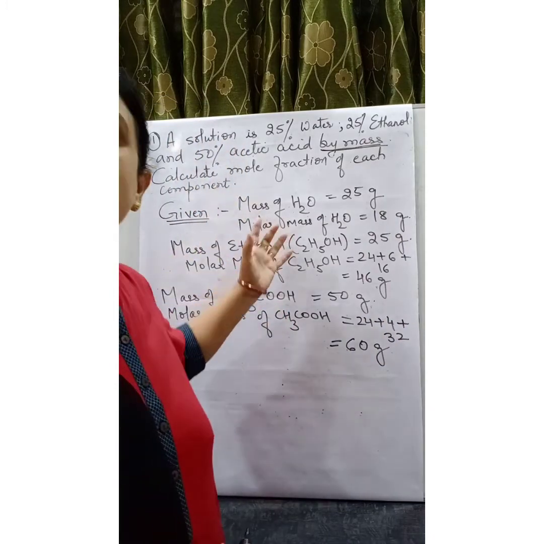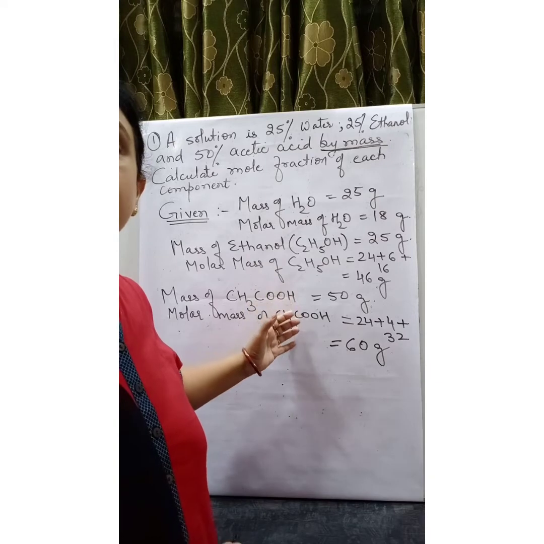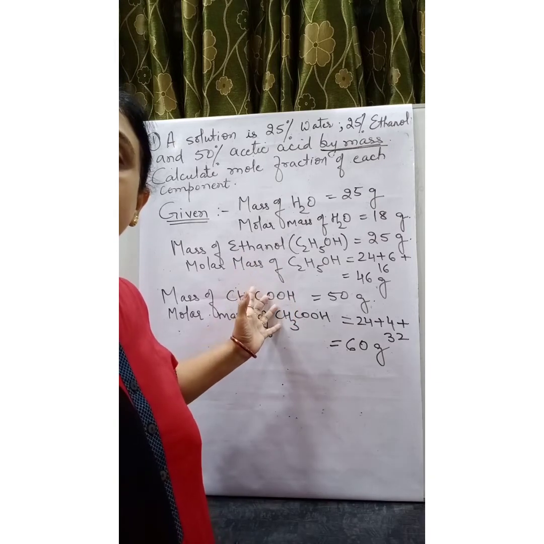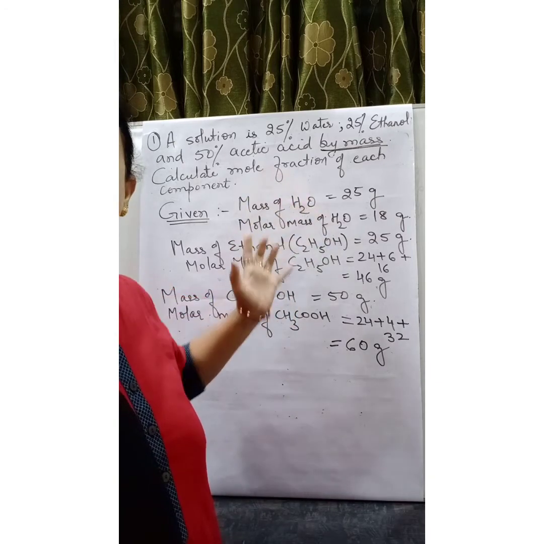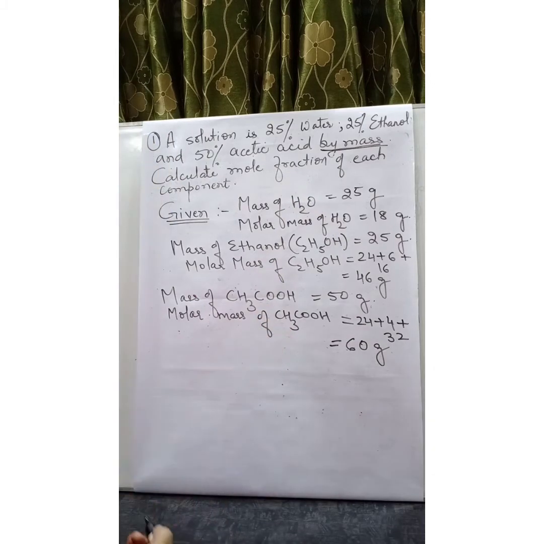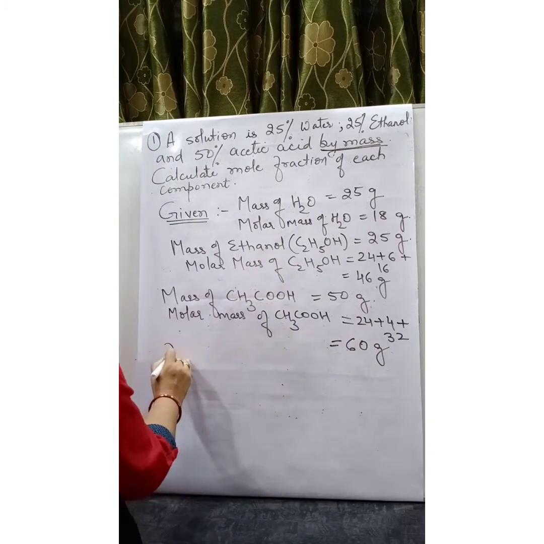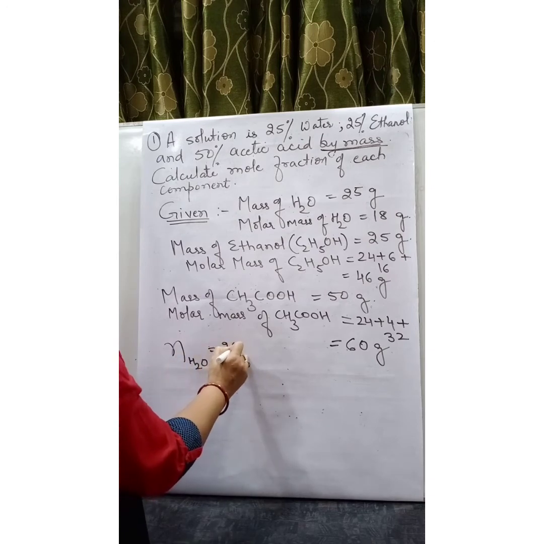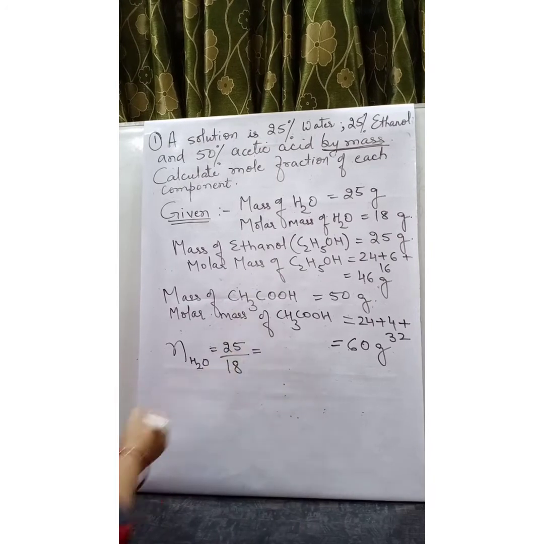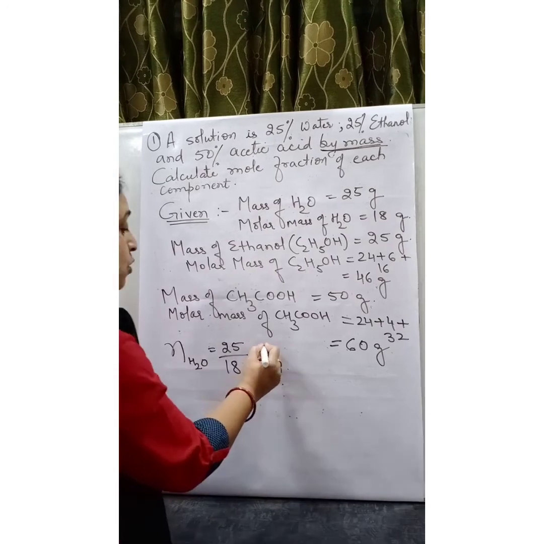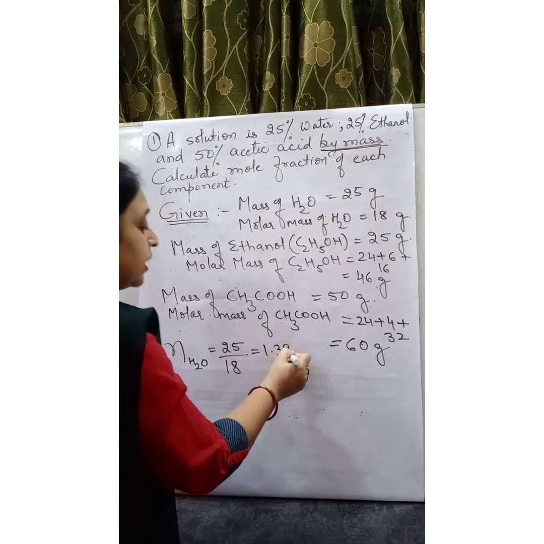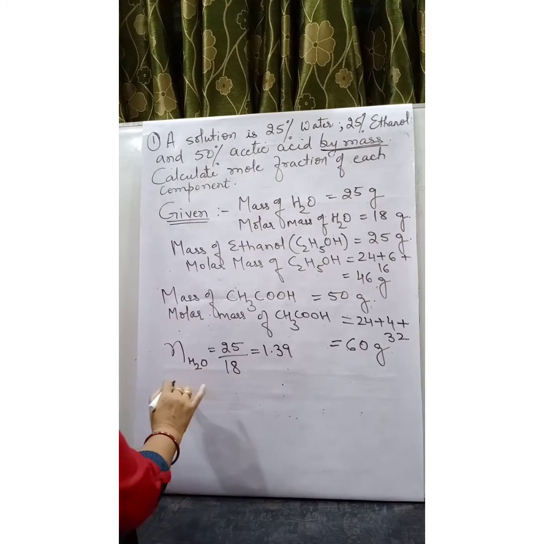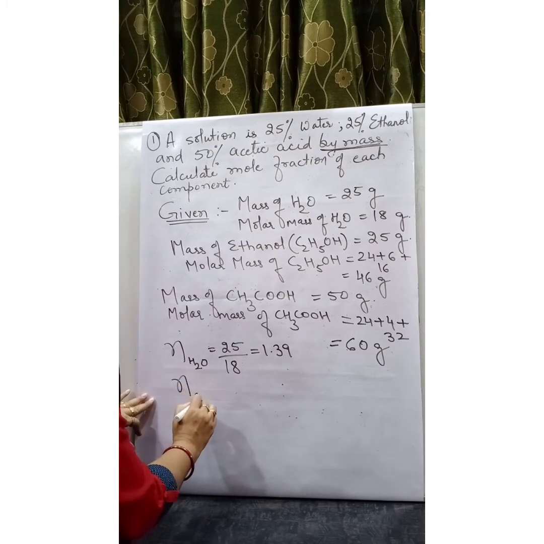Now for mole fraction, we require the number of moles. How to calculate the number of moles? Given mass upon molar mass. So let us calculate the number of moles. N of water is equal to 25 gram given mass upon molar mass of 18 gram. When you solve 25 upon 18, you get 1.39. Then similarly, number of moles of ethanol,